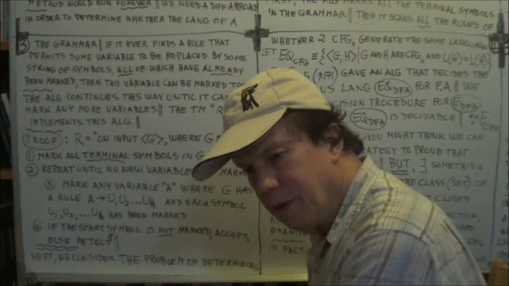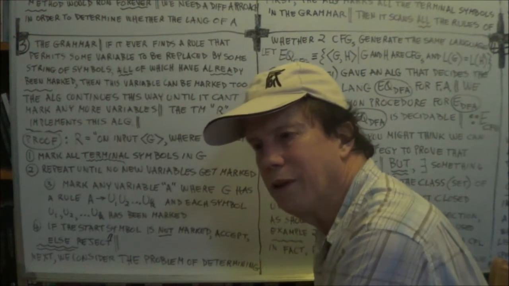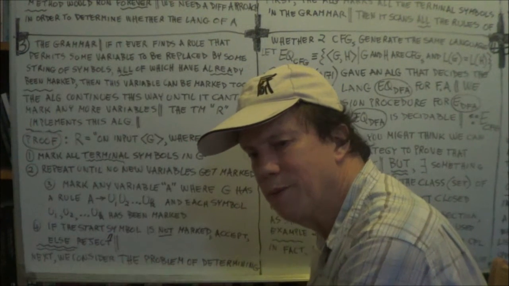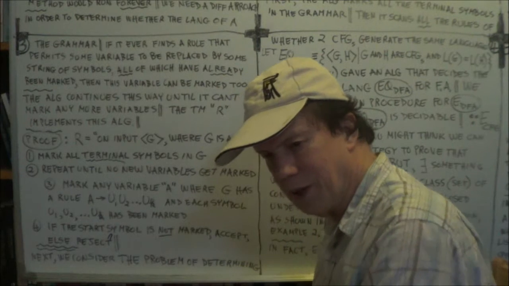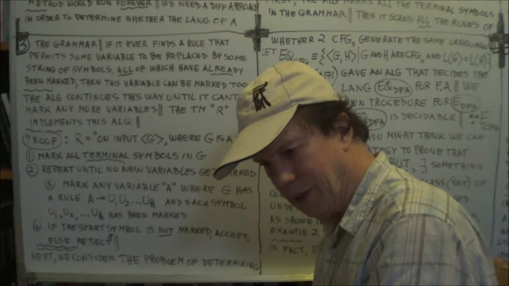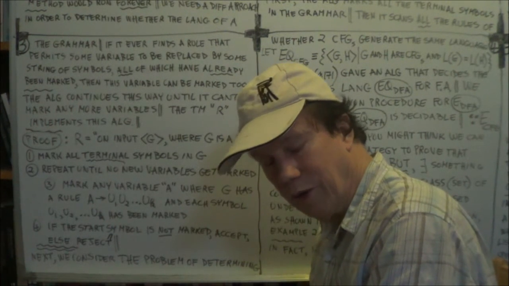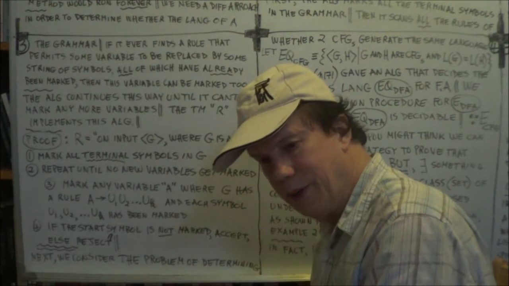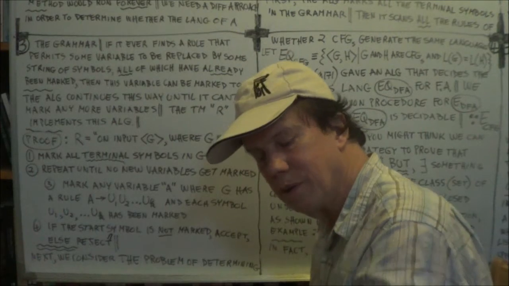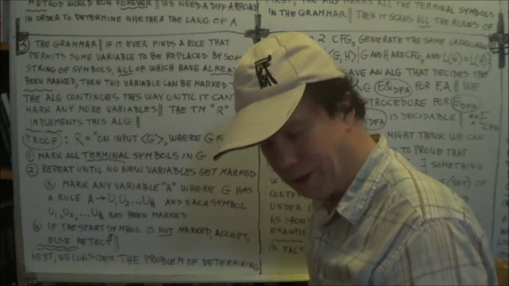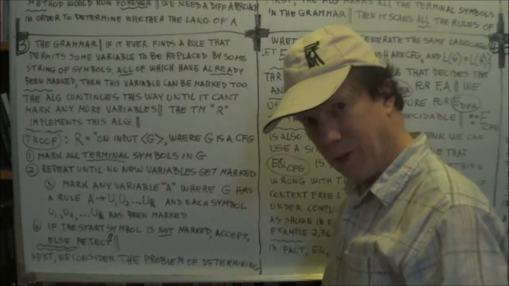Now we consider. Now you probably see a certain pattern occurring here. We're going through the same sequence of proofs, but this time for context-free languages or grammars, as we did before with regular languages or finite automata. Okay. So this next question you'll